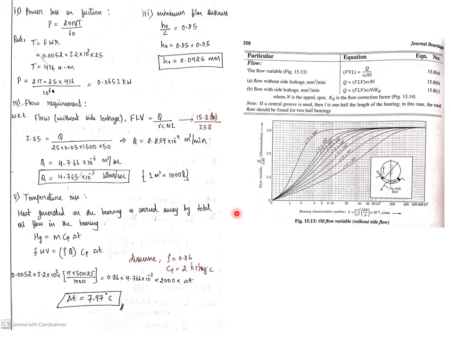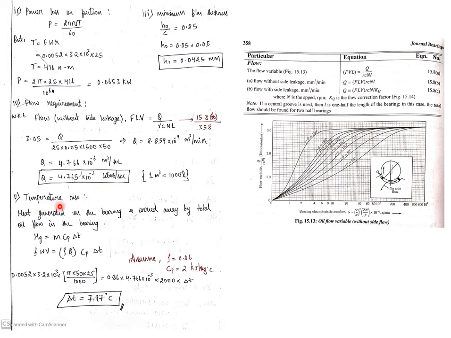If you check this graph here, from page number 358 you can see the equation. From this you will get the value of Q by R C N L, that is 3.05. R you know, C and L you know, so you can find the value of Q. Q is in terms of cubic meters per minute; you just convert it into liters per second. So this is the Q which is important for further calculation.